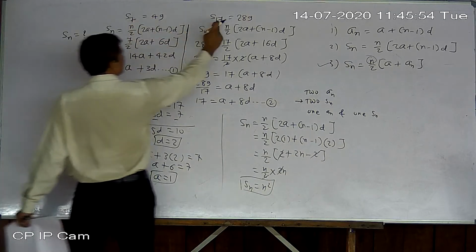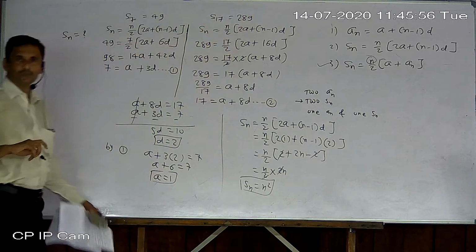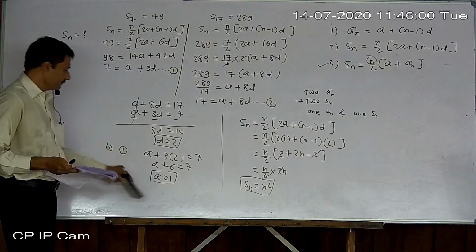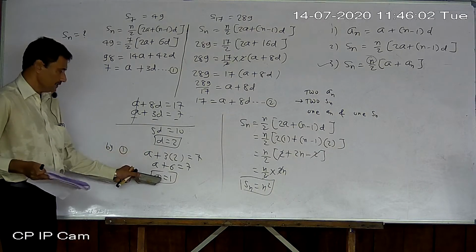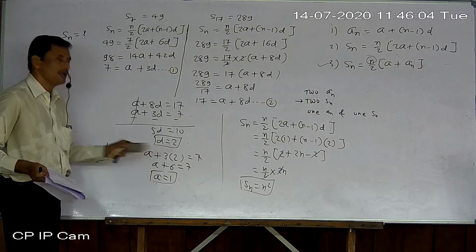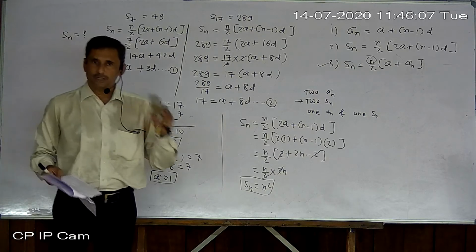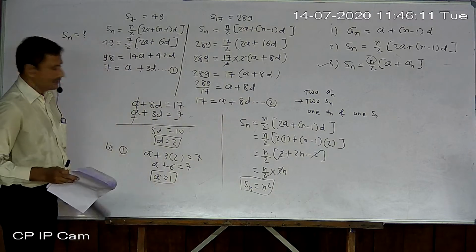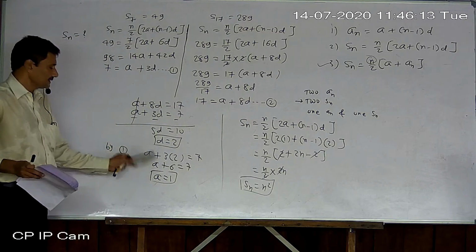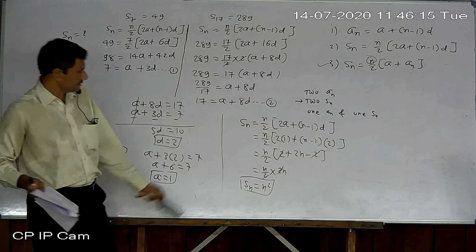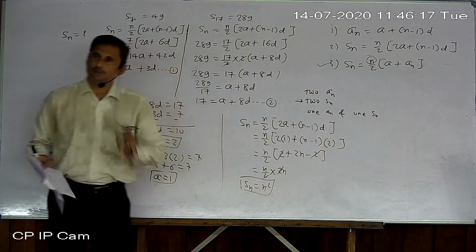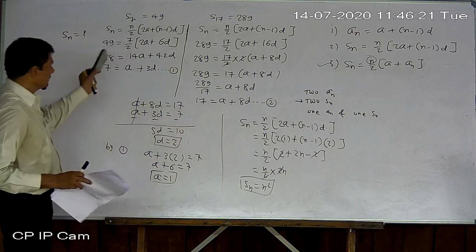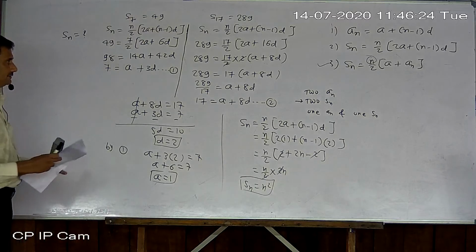7 square, 17 square. Okay, and this AP will be of odd numbers. Look here, 1, then add 2. So 1, 3, 5, 7, 9 like that will be there, that is not ours, but you can find the sum of this odd number series by Sn equal to n square directly also. Okay, to understand how I solved it.